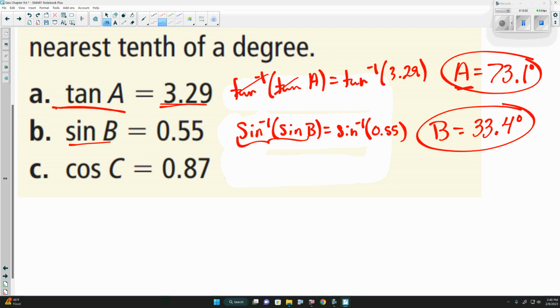And lastly, we're going to do the same thing with cosine. So we're going to apply cosine inverse to both sides. So cosine inverse of cosine of C is going to equal cosine inverse of 0.87, letting us know that angle C is